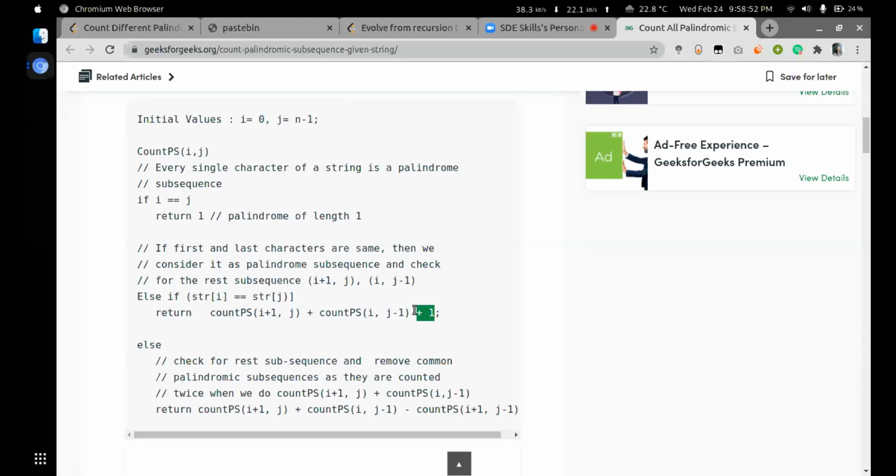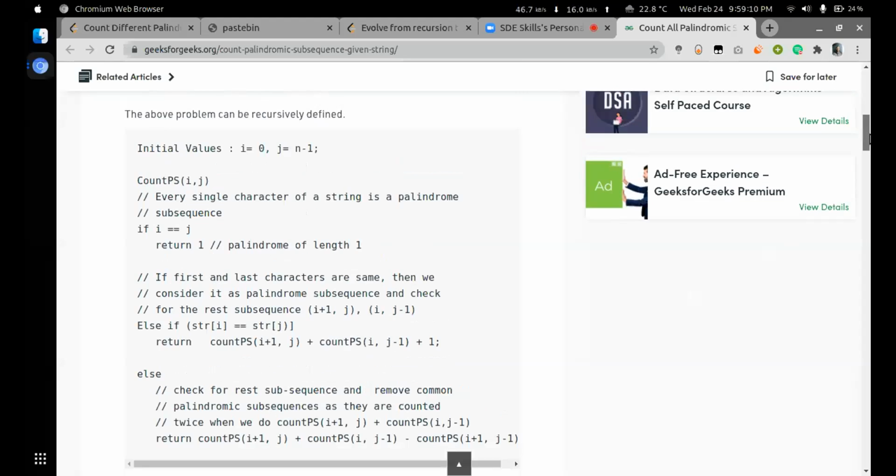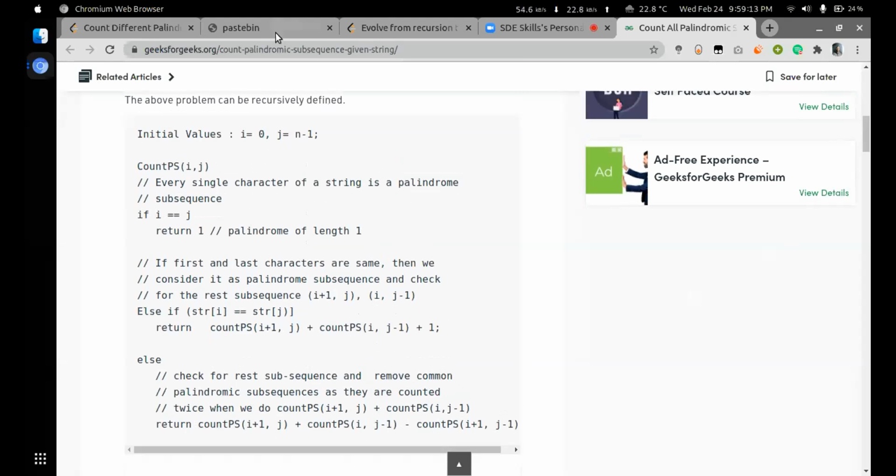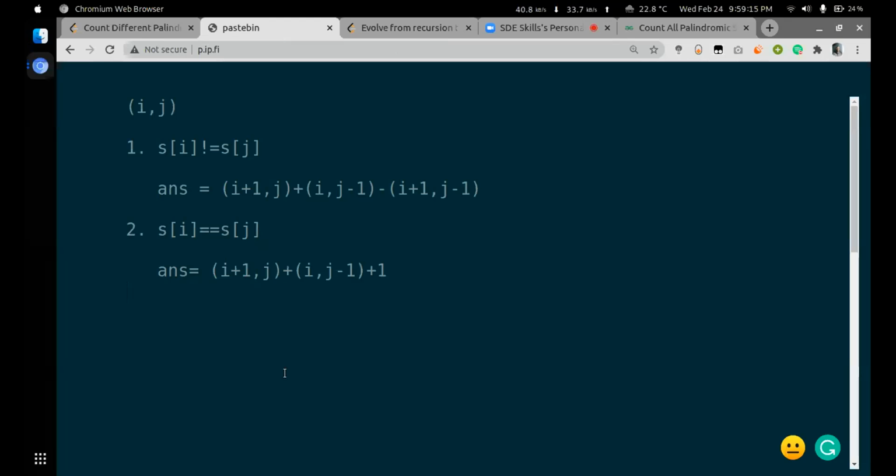It should be 2, right? No, it's a subsequence. It's not the size of the subsequence. We have got one subsequence count. No, Abhishek, I think the explanation might be somewhat different. Can you go to the other equation? If you were able to understand the first one, where characters are not equal.